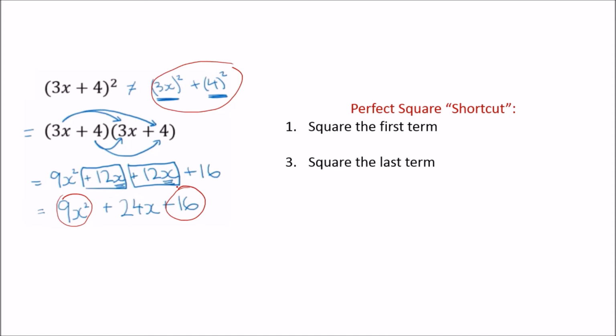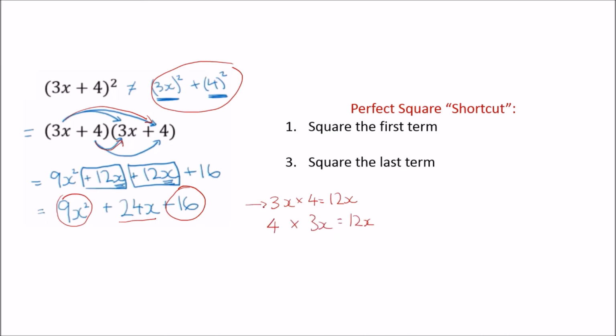Now what's happening in the middle here? We've got 24x, and this came from a 12x and a 12x. This 12x came from 3x times 4,